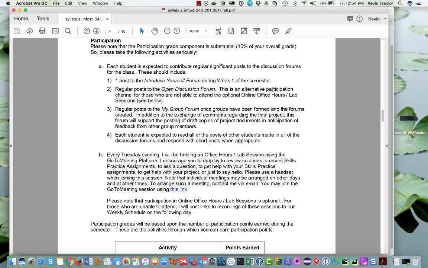So the My Group forum is just the opportunity to do all that kind of stuff. We're going to have groups, right? These are kind of study groups that I'm forming for you to work on your projects. And each group is going to have either their own forum, or I'm pretty sure I can create a forum where you all get your own section. So you're going to have a My Group forum once I form the groups. And this is going to be a study group support group. And again,